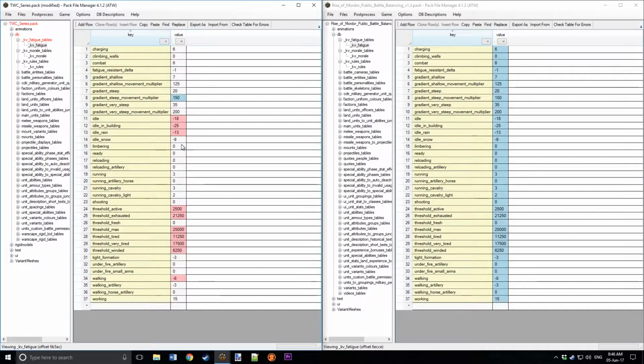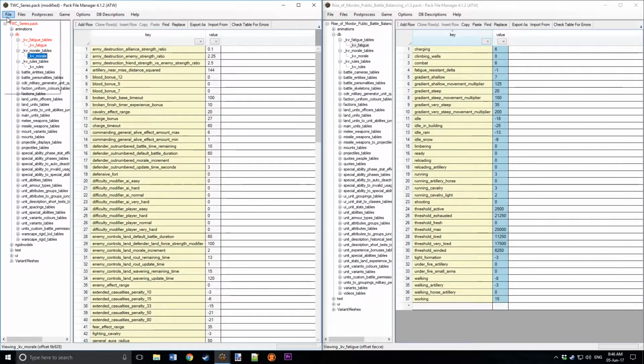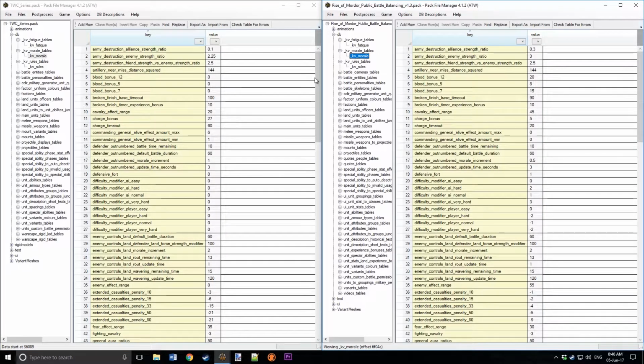I'm not sure how often it updates, like every second or whatever, but these are my fatigue rules, and we'll save that. Then we'll go to the other one, add from both. And now this I haven't really